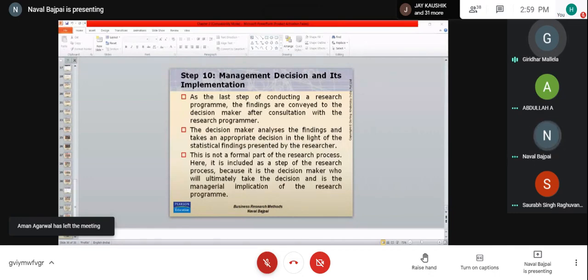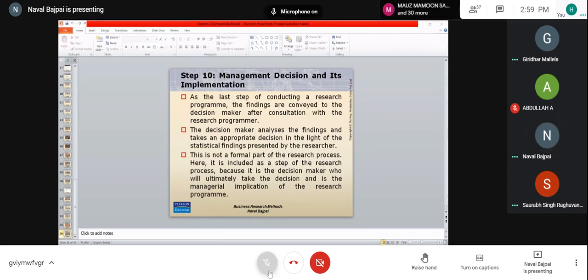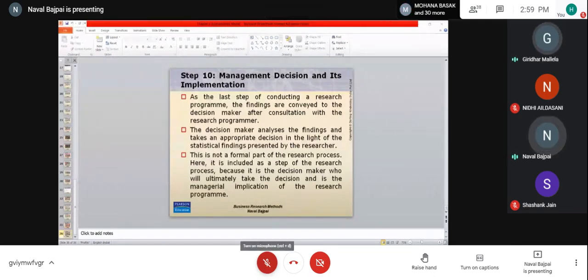Sir, will you share the presentation? Pardon? Will you share the presentation as well? Certainly, I have shared that. MTech people have got that. You got it, MTech people? Yes, sir. Deependra sir has shared the same. Deependra is available in the class. I've seen that in the beginning. Is Deependra there? Deependra.